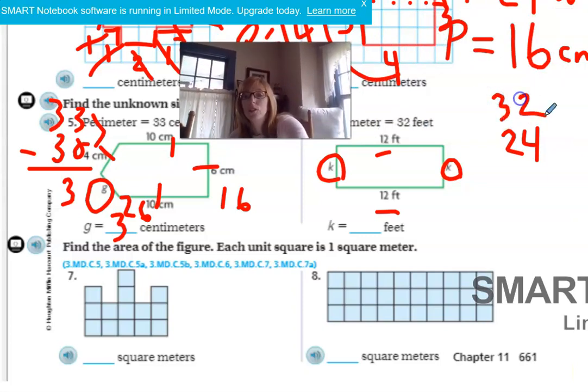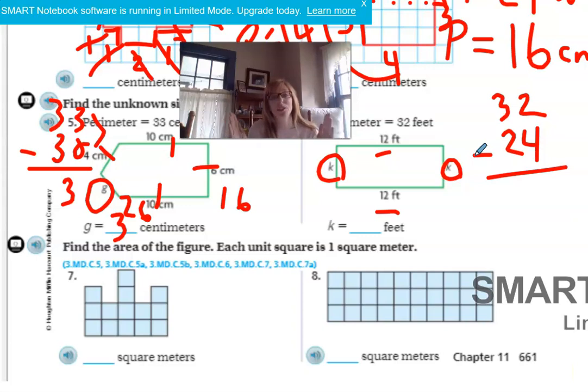Is 32. Okay, because it tells us the perimeter is 32. We have the sides 12 and 12. We need to figure out K and K. So that's two sides. So whatever the difference is between 32 and 24, we're going to have to split that